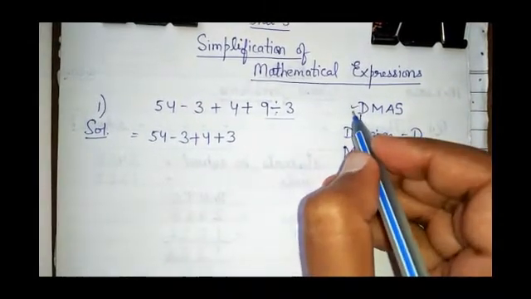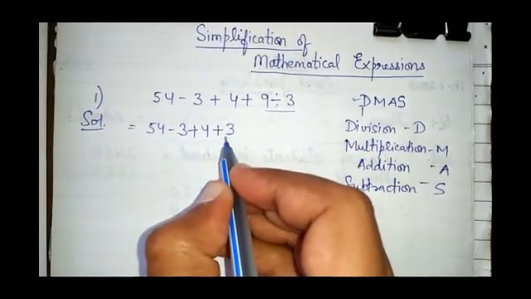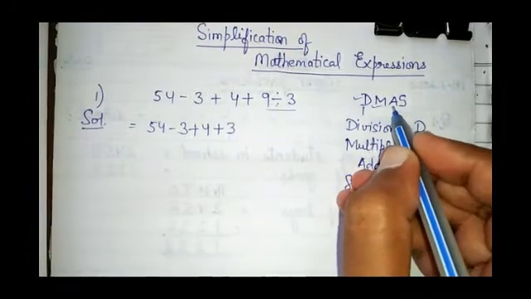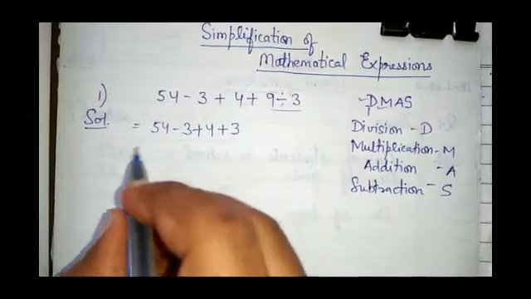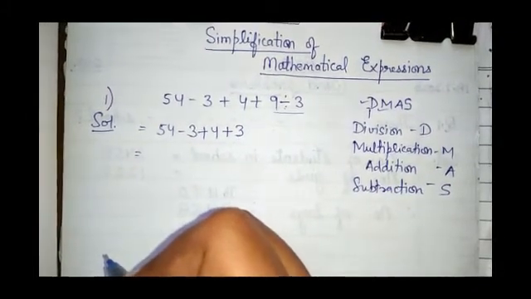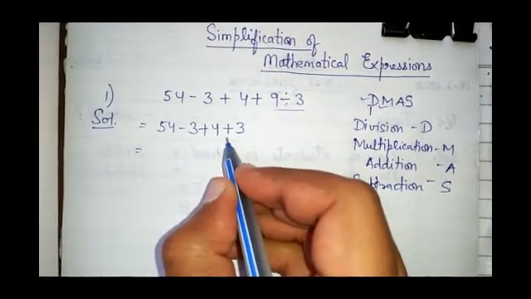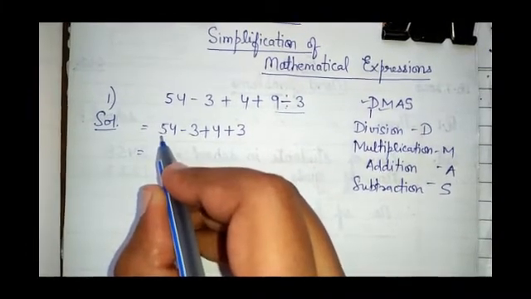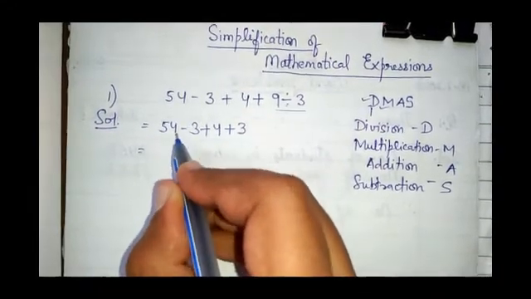Now after division comes the turn of multiplication. Now can you see multiplication here? No. That means there is no need to do multiplication. Now we'll come to addition because after multiplication comes addition. So first of all we'll add. In your previous classes you have learned children that we can add only those numbers which have a plus sign before that or there is no sign before that. Okay, just keep this thing in mind. We cannot add a number which has a minus sign before it.